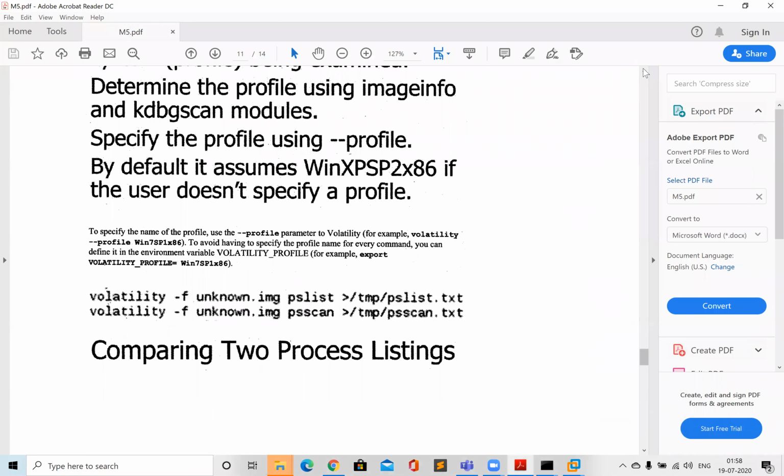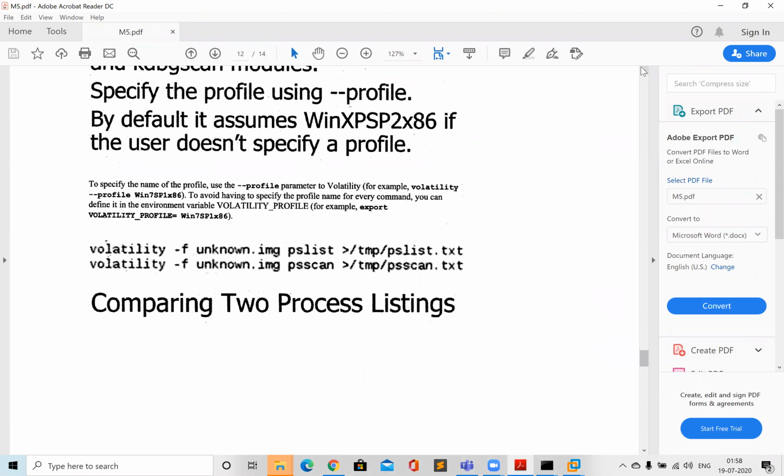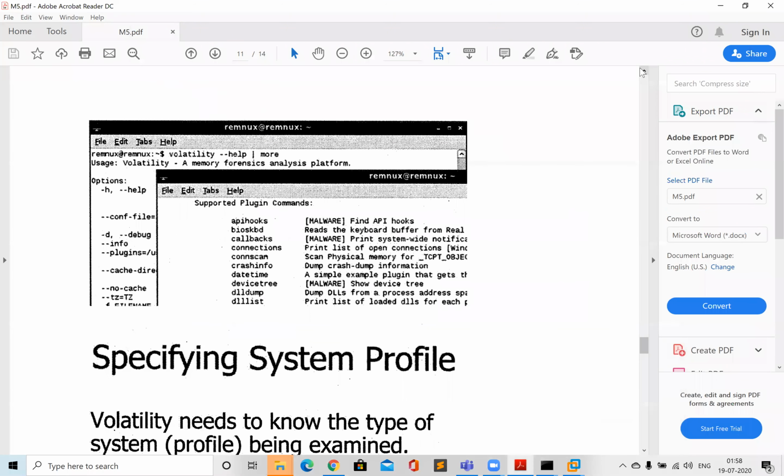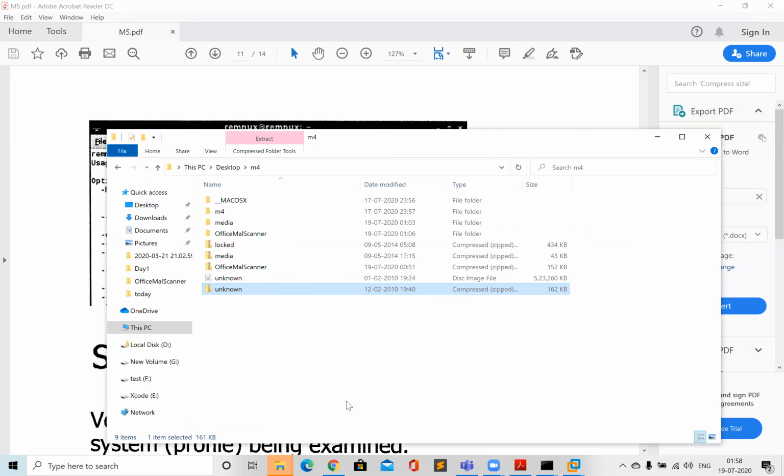What you need to do is capture the memory image and then perform the forensics on that. But today what I have done is that I have executed this malware known as unknown.exe. Once that was executed, the RAM memory was captured from that system, which is around 510 MB.